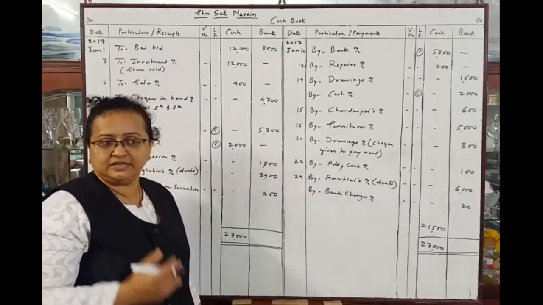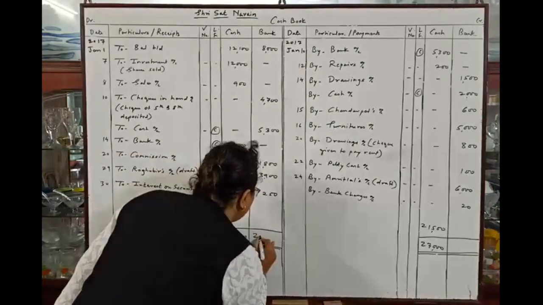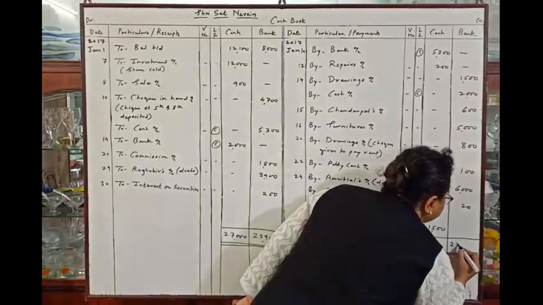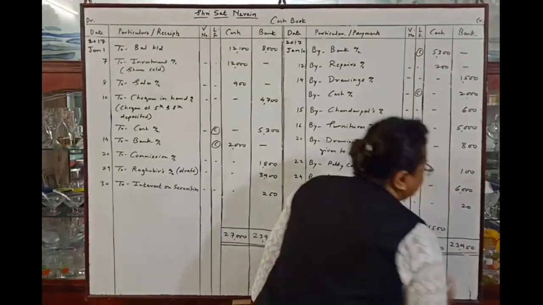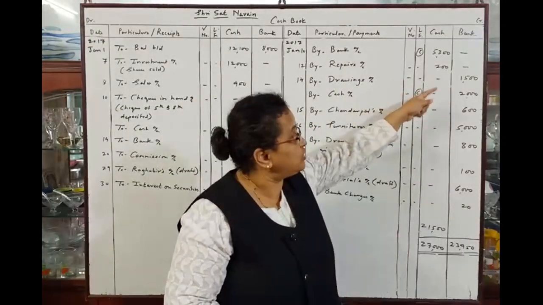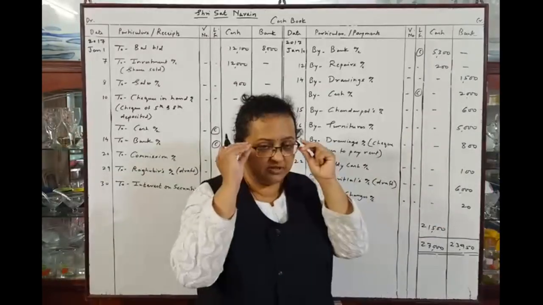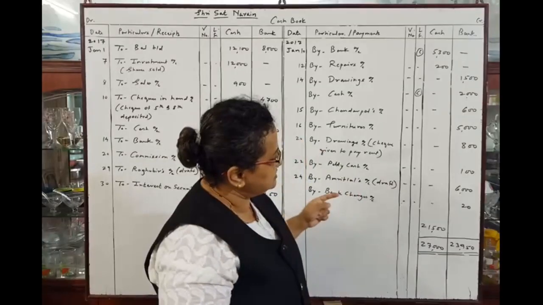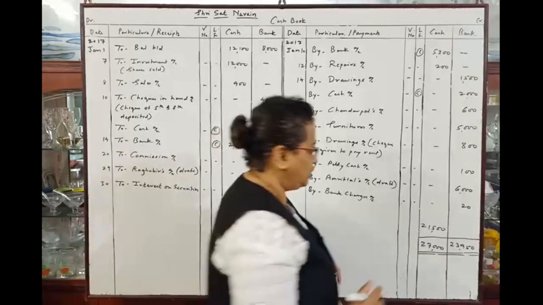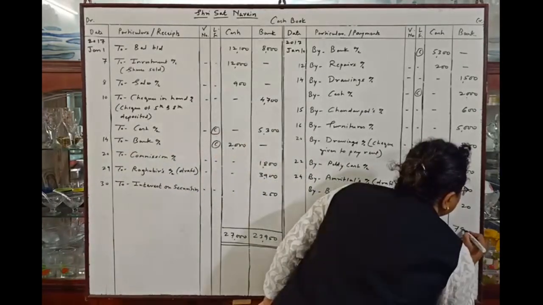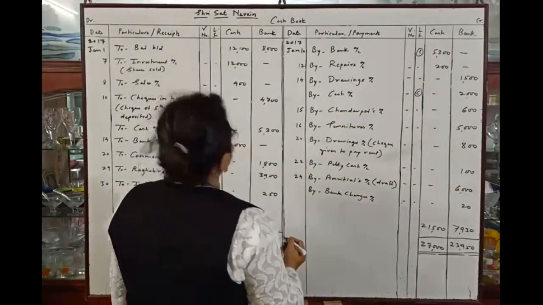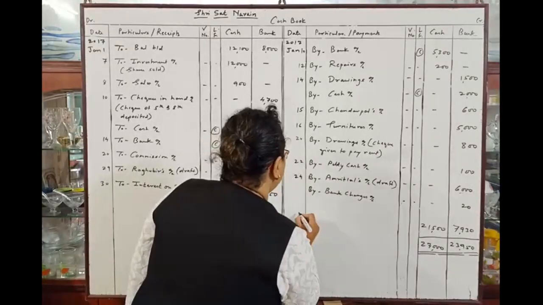So 23,950 we have to write on both sides. From that amount we have to deduct the total of payment side, that is total payments, which is 16,020, and so the balance is 7,930. Okay, so we will write here 7,930 the balance, and on last date of January, that is on 31st